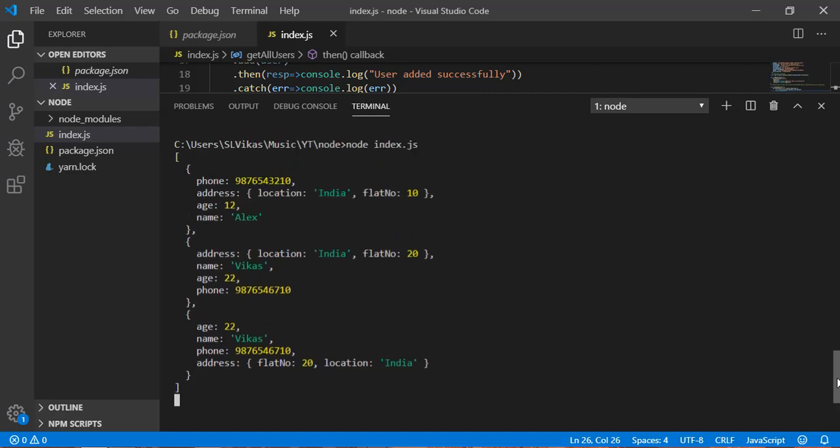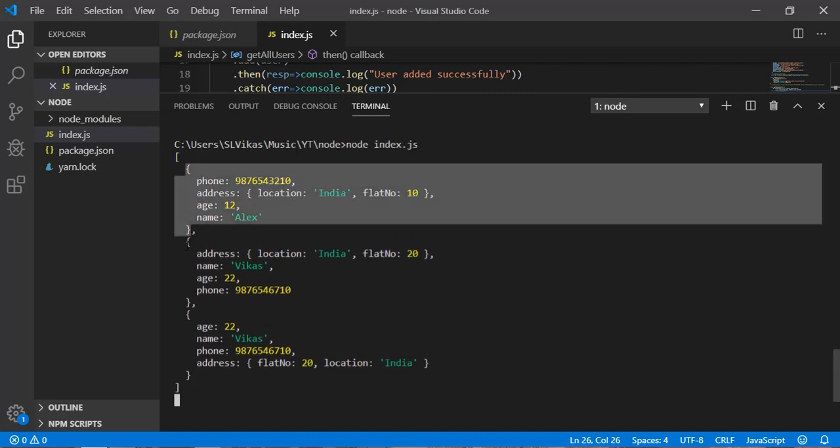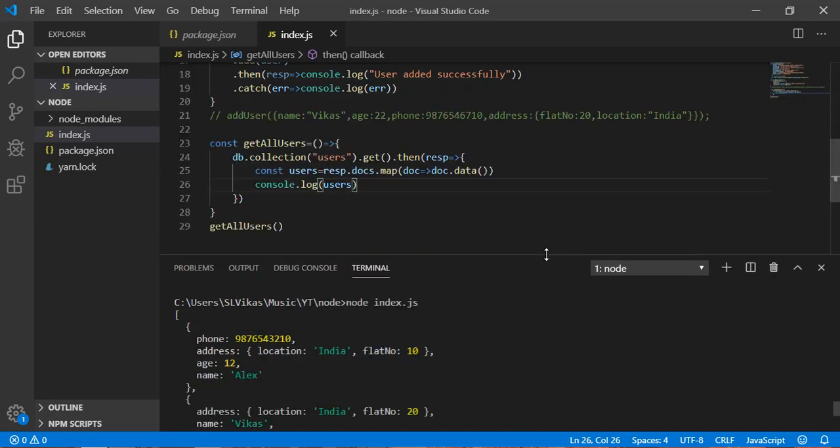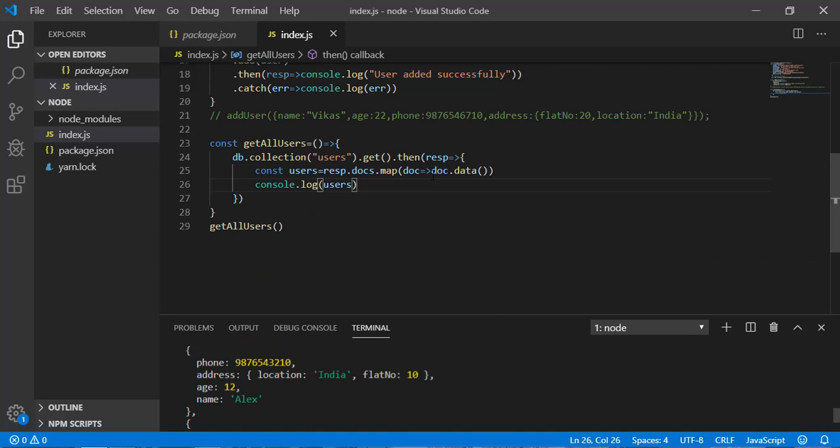So I have this array, and inside the array I have 3 objects. But you might have noticed one thing: I am not getting the ID. I am getting the data, it's perfectly fine, and we are getting it how we have stored it, but I am not getting the ID. So for that I need to do something here.